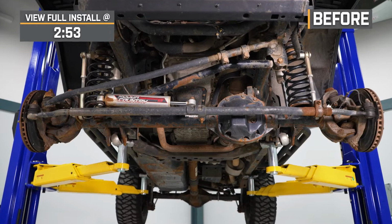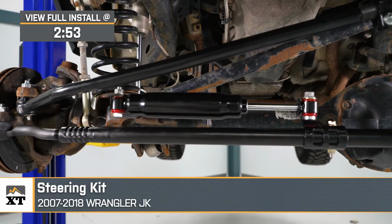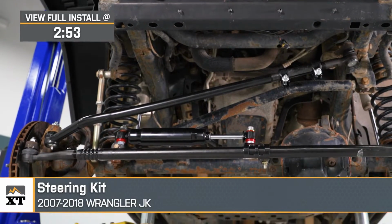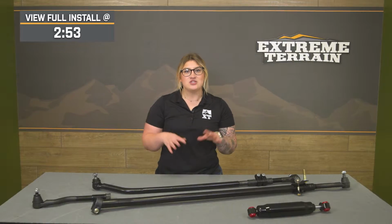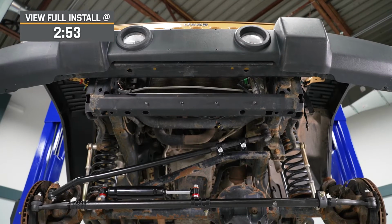If your steering system has seen better days and you're in search of an affordable replacement for your 2007 to 2018 JK Wrangler, this steering kit will be a solid solution. Now, the factory steering system is not bulletproof, especially when put up against larger wheels and tires with heavier rotational mass, so this will serve as a great replacement if you've started to notice some wear and tear or additional